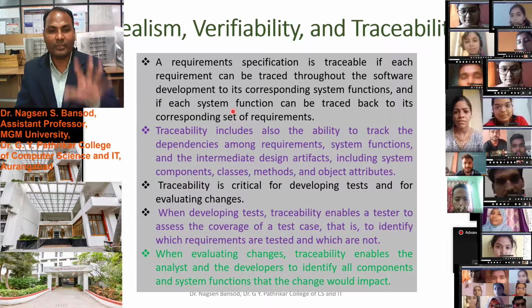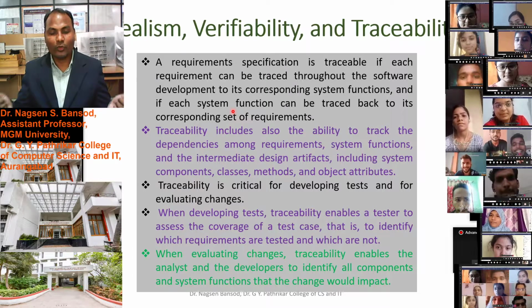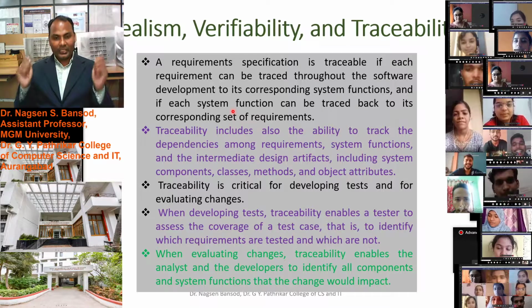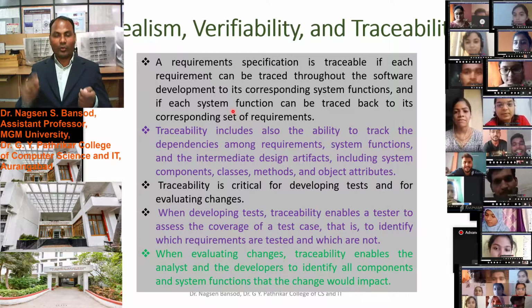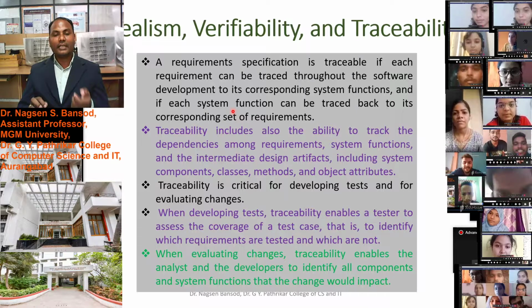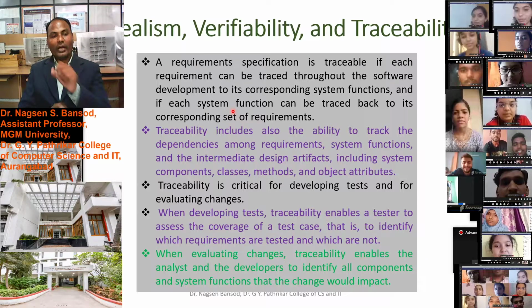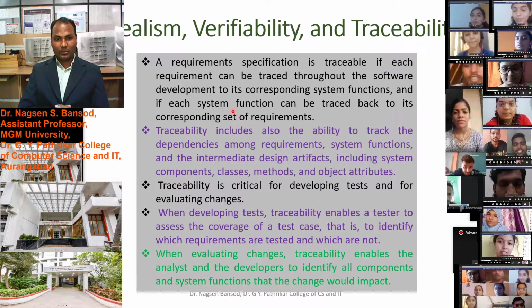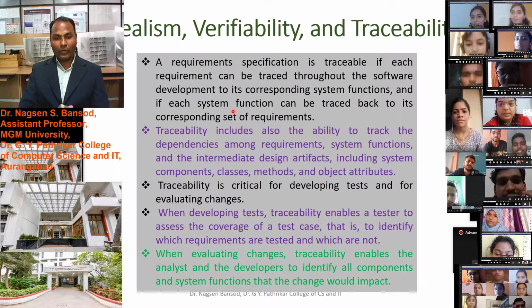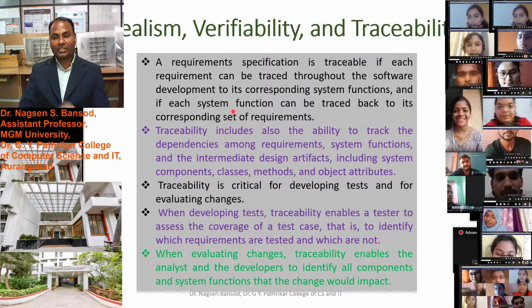Which are the system limitations? You have to tell the client it is not possible to implement all 10 functions in your system because of the camera, because of the system RAM, or any other reason. You have to write this into the requirement specification. Then it is realism. Is it understood?